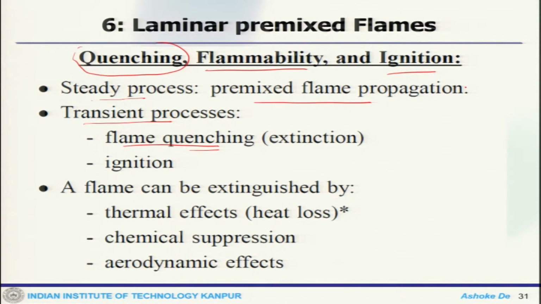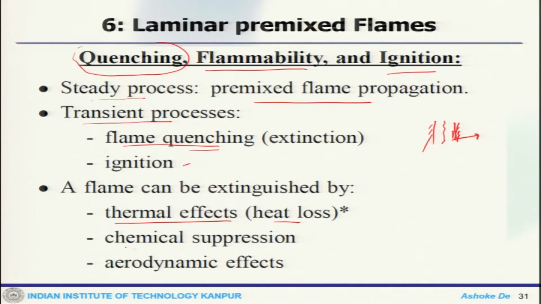So in a steady case, it is a very unlikely situation that flame quenching can happen. Flame quenching typically happens in a transient situation, and you can think about it, say if there is a flame there, it is a spotty location, and ignition is the same thing. Now what are the major factors that cause this extinction? One is the thermal effect, that is heat loss. Let us say the flame is coming close to a wall, and there is a heat loss through the wall that could suddenly quench the flame there.